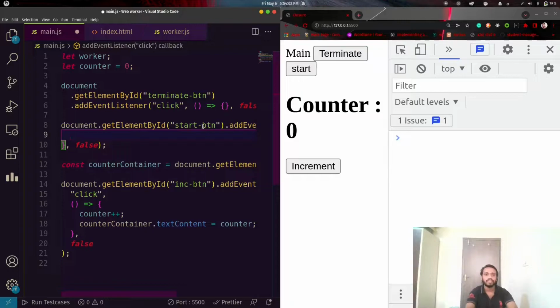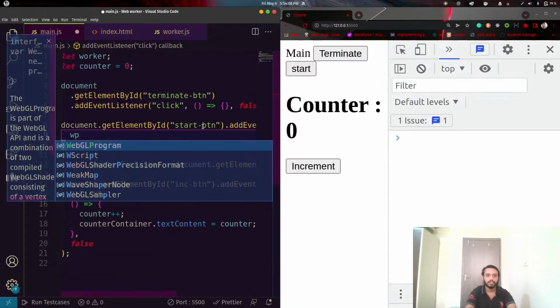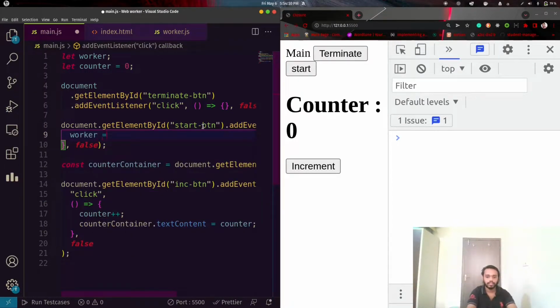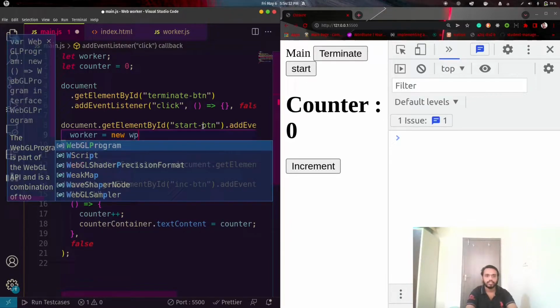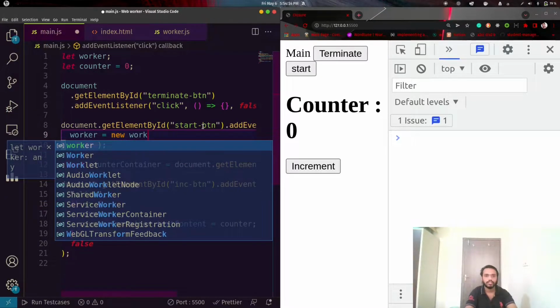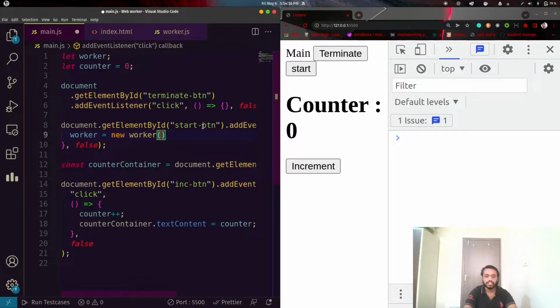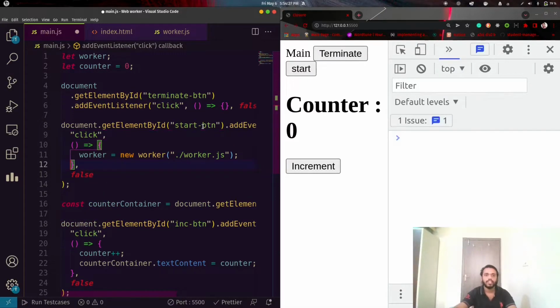First, let's discuss how we can spawn a thread inside JavaScript. Let's use the Worker API, a constructor which just takes a path to the script. Here I declare a new thread, but it is not started yet.